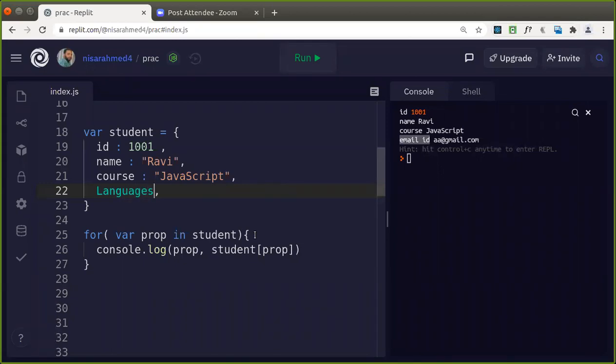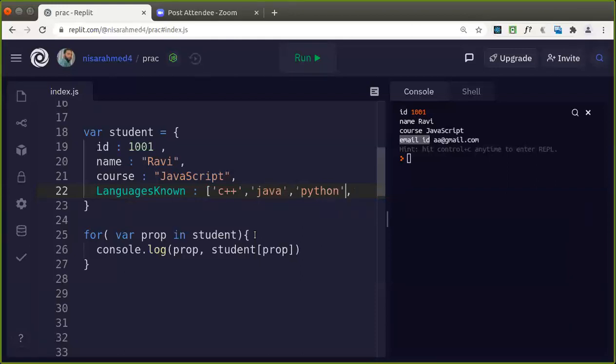So in that case, you give it like this. It could be string C++, then Java, then Python. So this is an array, isn't it?